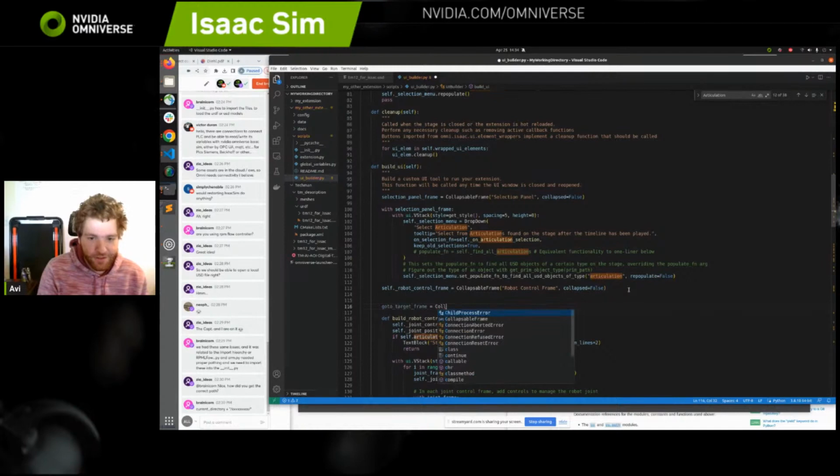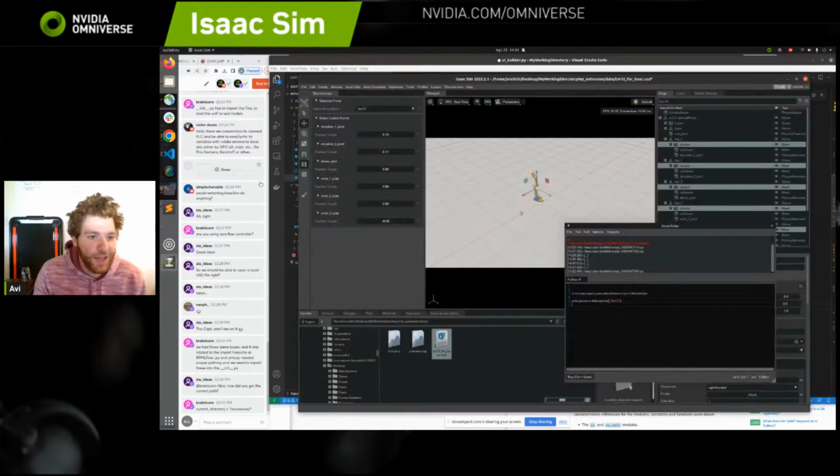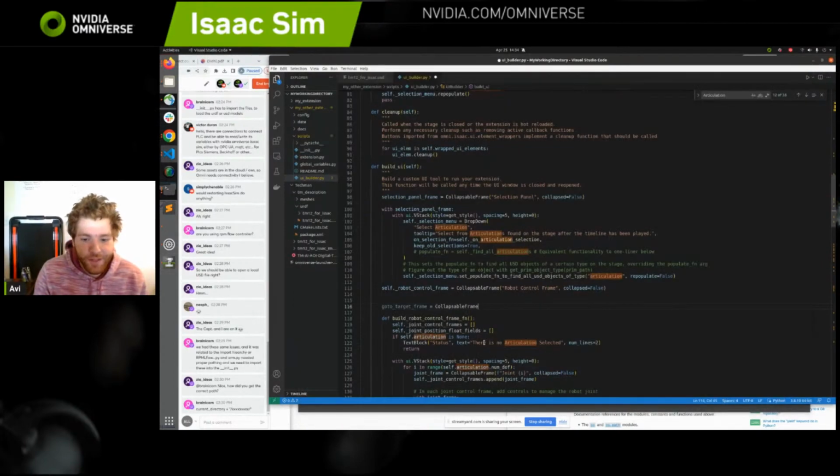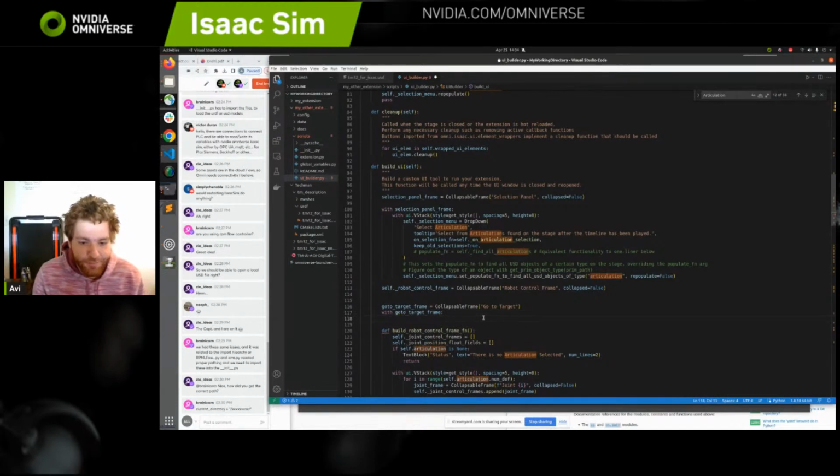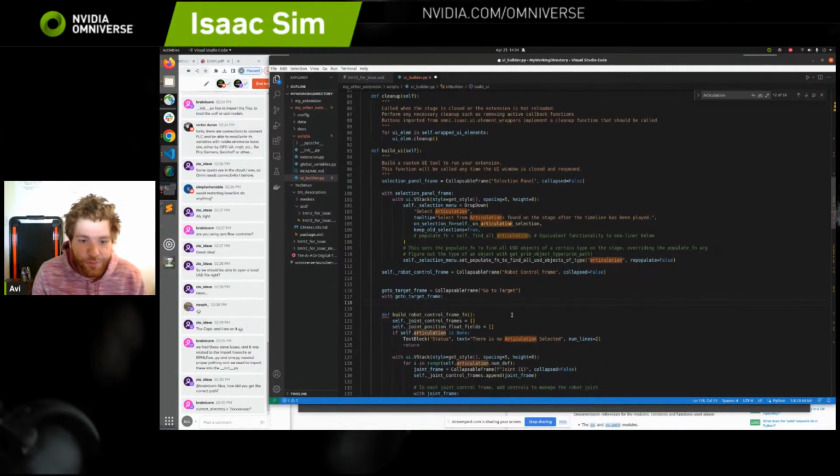It's going to be a collapsible frame, called go to target, and it can start out collapsed. I don't care. It's pretty easy syntax to get used to. Inside that collapsible frame, I'm going to say I want a